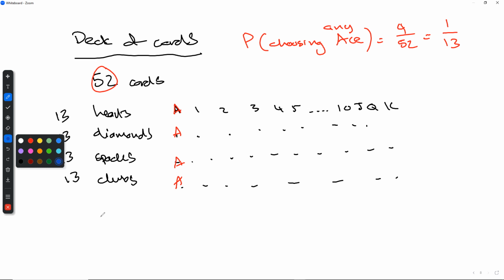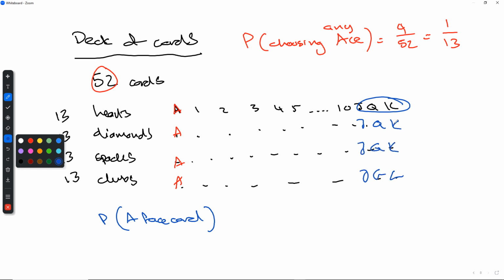Another example would be, let's say you want to find the probability of choosing a face card. All right. And that would be these over here. And you'd have 3 in each suit. And if we count this, you get 3, 6, 9, 12 out of 52. That becomes 12 divided by 2 is 6, 52 divided by 2 is 26. I mean, 12 divided by 4 is 3, 52 divided by 4 is 13. And so that's 3 out of 13.